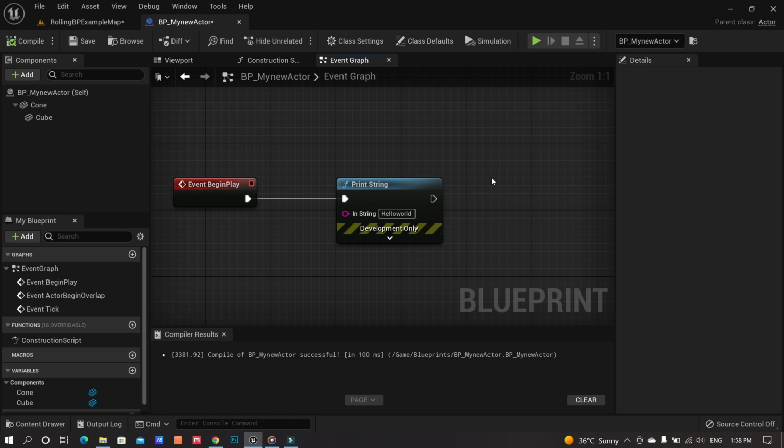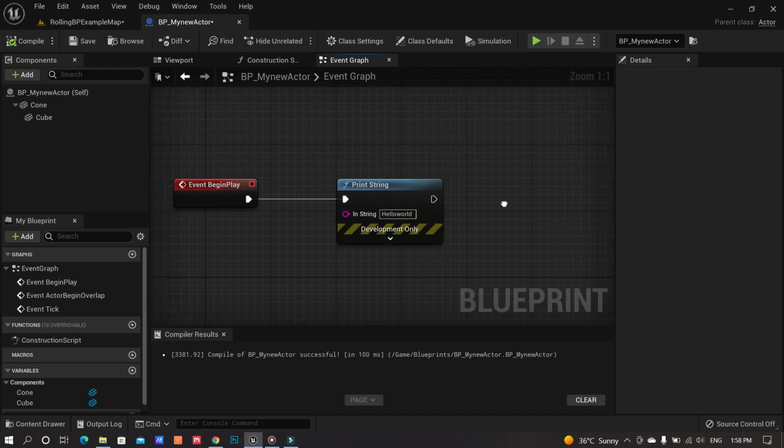Now what's happening here exactly is that these blueprints are basically code, but we cannot see that code because Unreal Engine has provided us a way of using blueprints to hide those coding functionalities and make it easy for us to just connect the nodes.